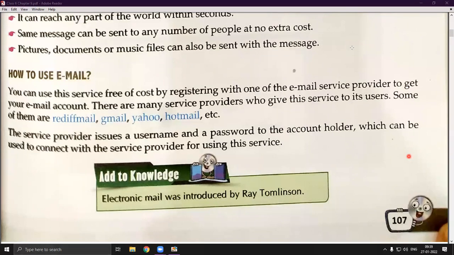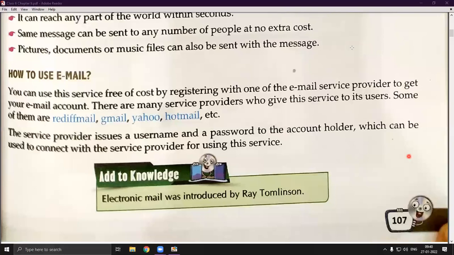Sometimes we also use the website's domain in our email address. You might have seen www dot, let's say as an example I'm taking only lpsbeacon.com. If I'm an employee of LPS Beacon, then I can create an email address with the LPS Beacon domain also, such as, for example, Praveen Tripathi @lpsbkn.com. This may be my email address if I'm using a website domain name, right?